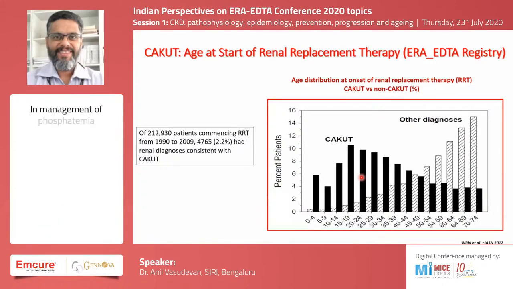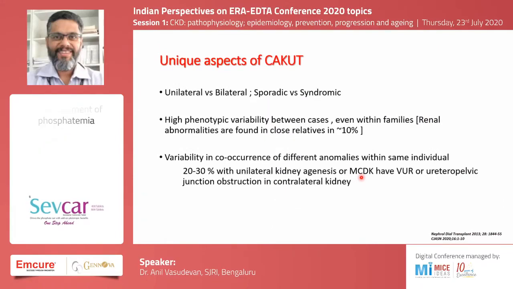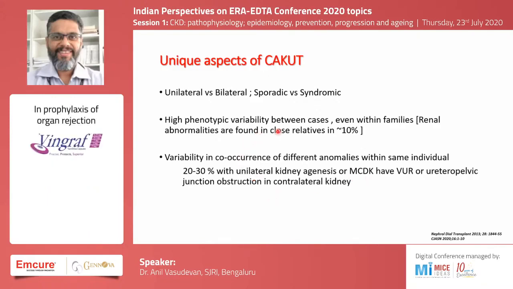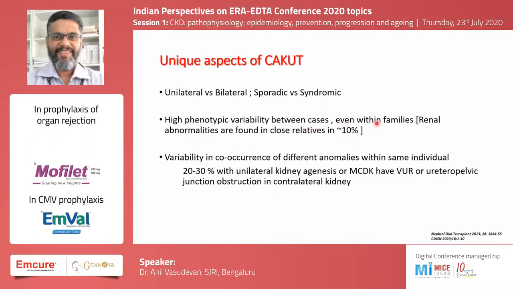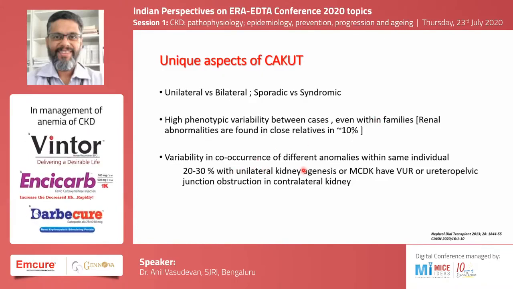There are many unique aspects which are reflected in the genetics of CAKUT. Many of them are unilateral diseases. They can be sporadic as well as familial. And also there is high phenotypic variability between cases, even within families. So one child can have reflux where the mother can have a cyst in the kidney, or the other child can have PUV. And not only between patients, even within the same individual, there can be co-occurrence of different